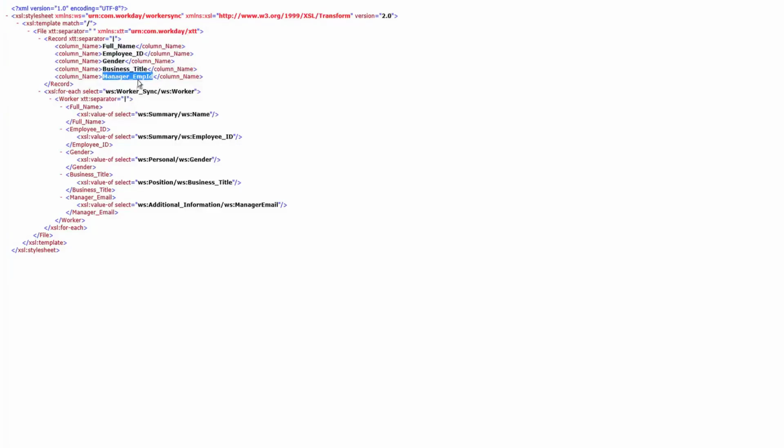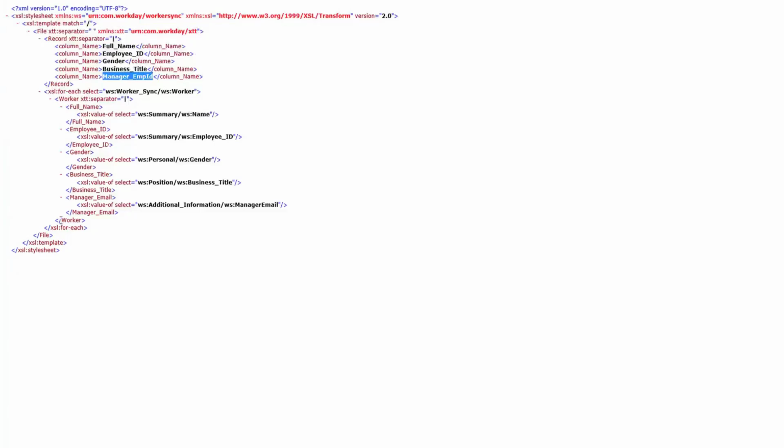Either I should make a change here or I should make a change here. So in here what I want to consume is the manager email field, which is inside my WS additional information, and WS manager email. This is this path of mine, and after this,